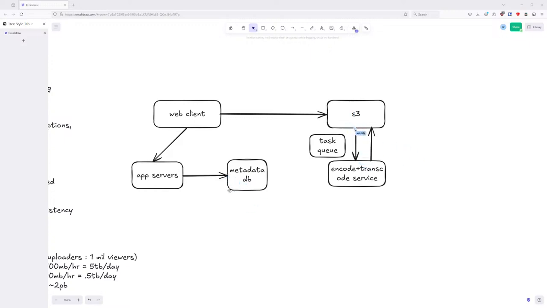And after the transcoding service is done, it will also put information like the ID of the transcoded video into the metadata database. And the database will probably need to be replicated and sharded to handle the load.